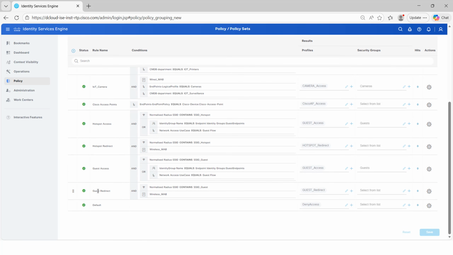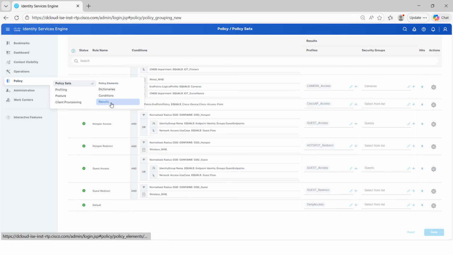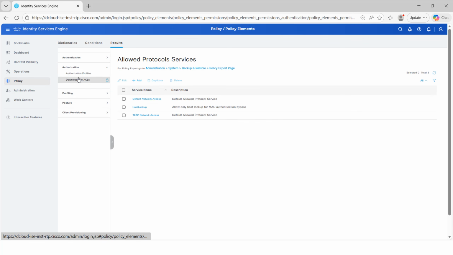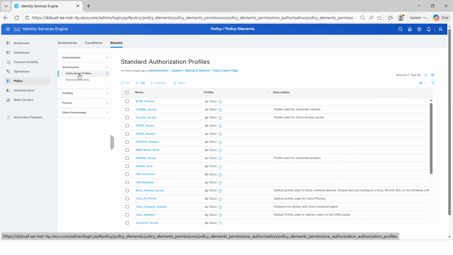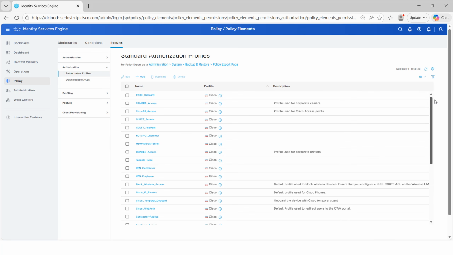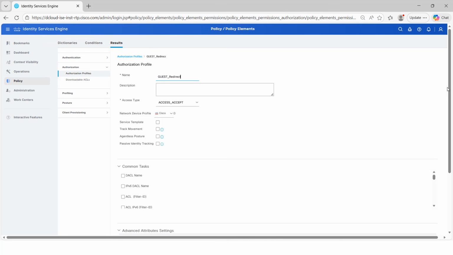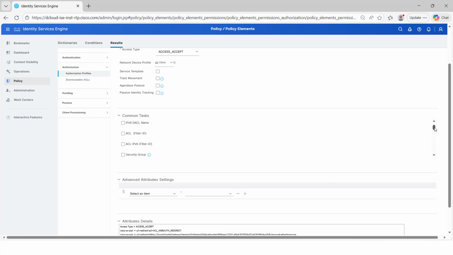And there's one here at the bottom, guest redirect. So we can see the guest redirect profile. So if we go to policy and then results, we can see in authorization profiles, the guest redirect, which will be here somewhere. And we see it over here. So if we click guest redirect, we can see in common tasks, the web redirection for guest redirect, and it's